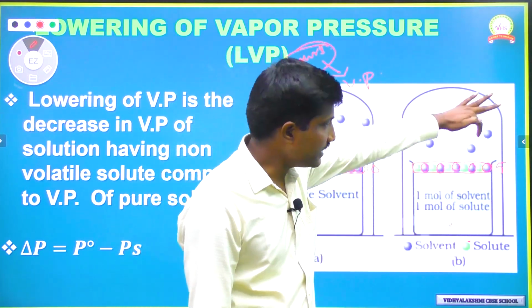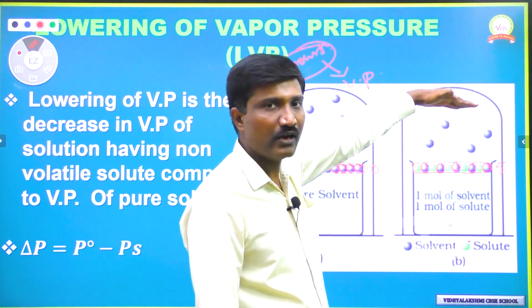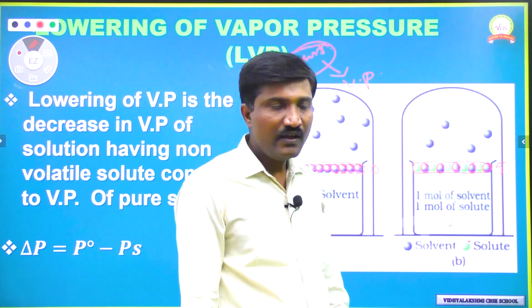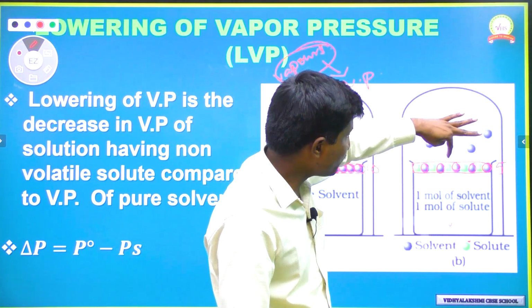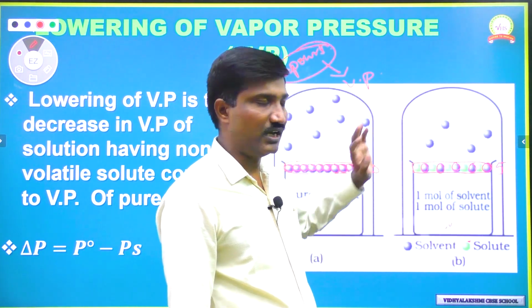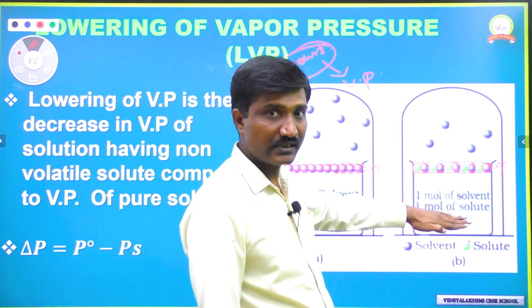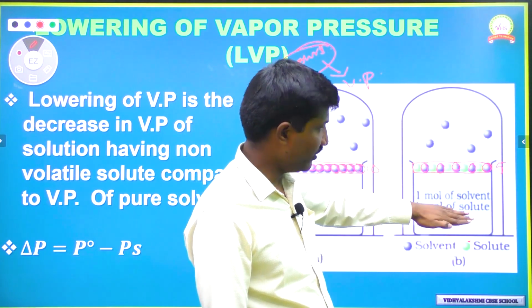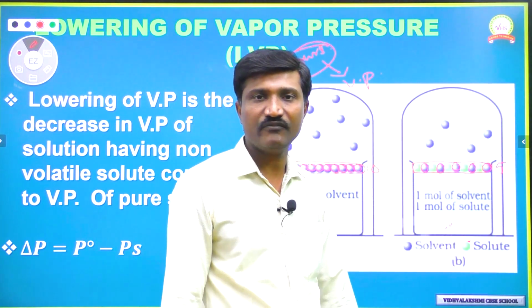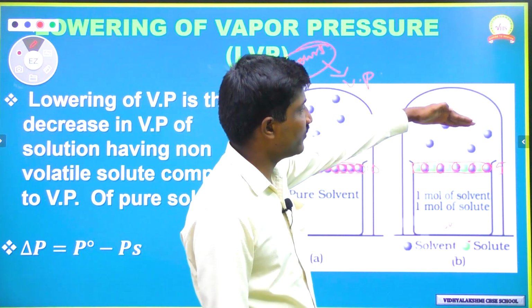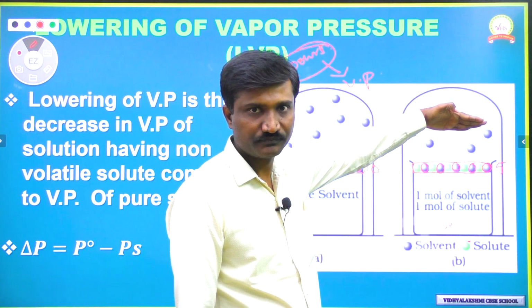But here, since solvent molecules are fewer, only those 5 molecules enter the vapor state. When the 5 molecules enter the vapor state, their places are occupied by bulk liquid molecules, so the bulk liquid molecules now come to the surface. Again, the number that can occupy is the same 5. So the remaining 5 molecules come upside, meaning into the vapor state.